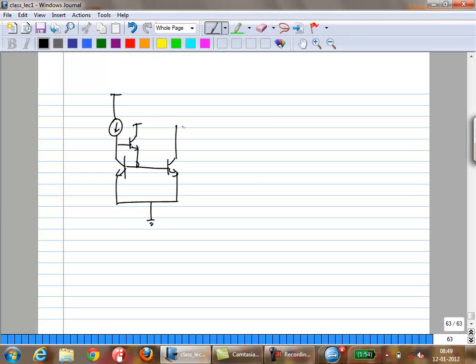Okay. So now we added the beta helper with the current source. We know how to make a good current mirror. Okay. Next thing is, can you do better? So it turns out